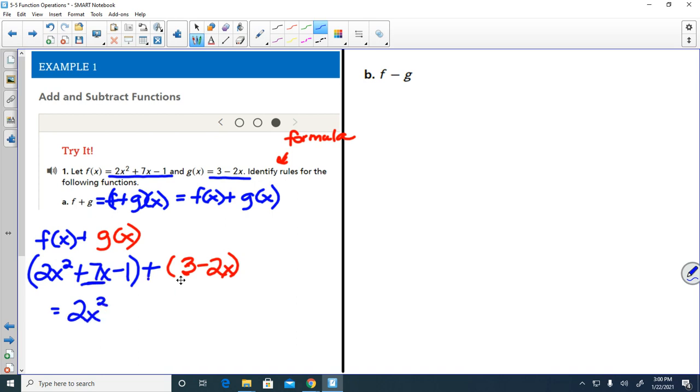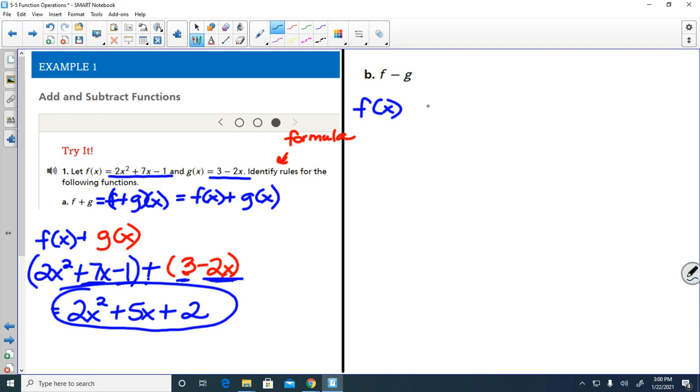7x plus negative 2x is positive 5x. And then negative 1 plus 3 is plus 2. So 2x squared plus 5x plus 2. Done. Then in part B, they want me to take the f function